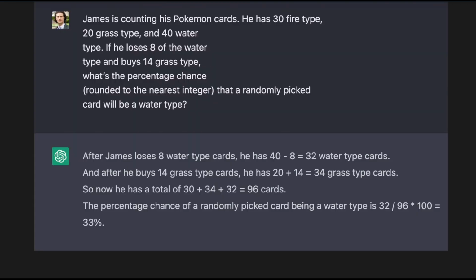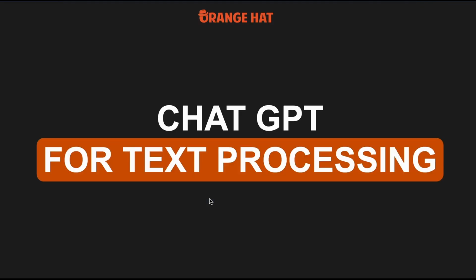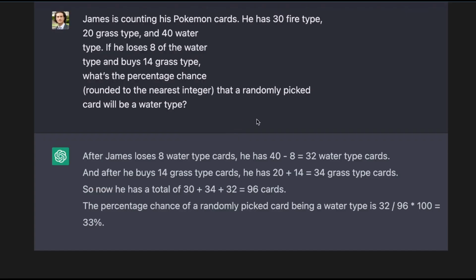So here's something more complex. For example, this kind of riddle that is also a mathematical problem. Something even complex like that, a person should think about it for a few minutes. It gets it correct instantly, and there will be a lot of problems in schools for that. I heard already schools are banning ChatGPT because people are using it for essays and all kinds of help.